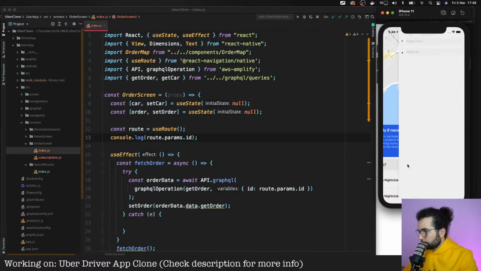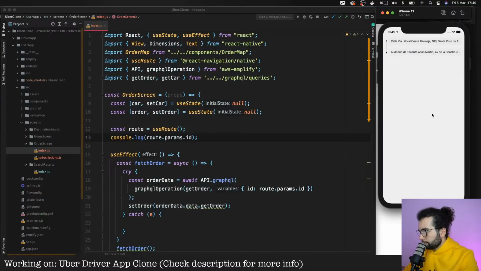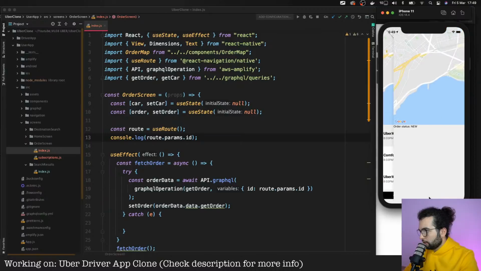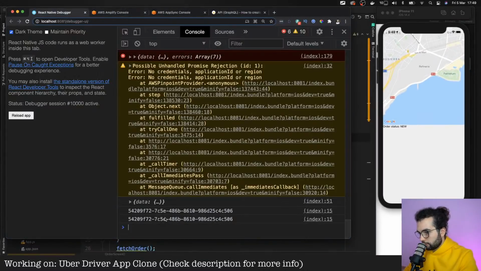And if I create a new order, let's select Uber type, confirm Uber, order status new, and let's get the ID of this order from the console.